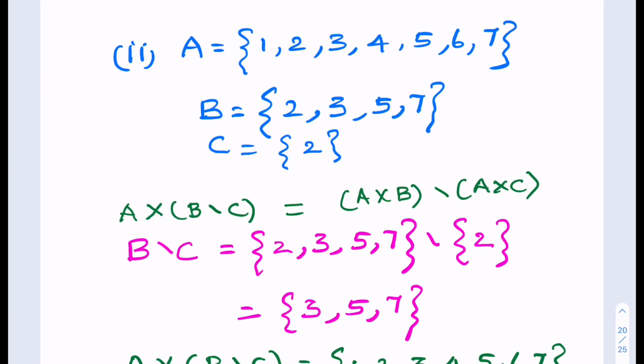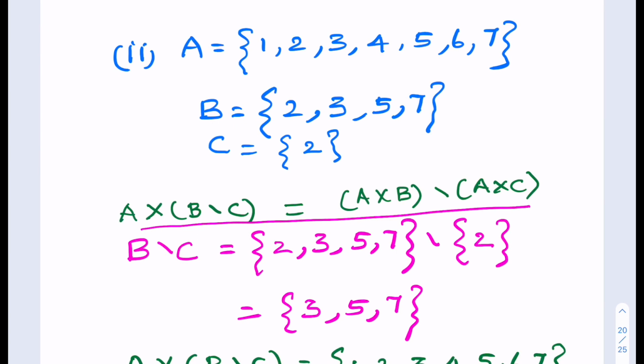Now let us prove the second subdivision of sum number 7. So let us write down the set A, B and C. We have to prove whether A × (B − C) is equal to (A × B) − (A × C). So now let us take the left hand side. It is A × (B − C). Since B − C is inside the bracket, we will find out B − C.